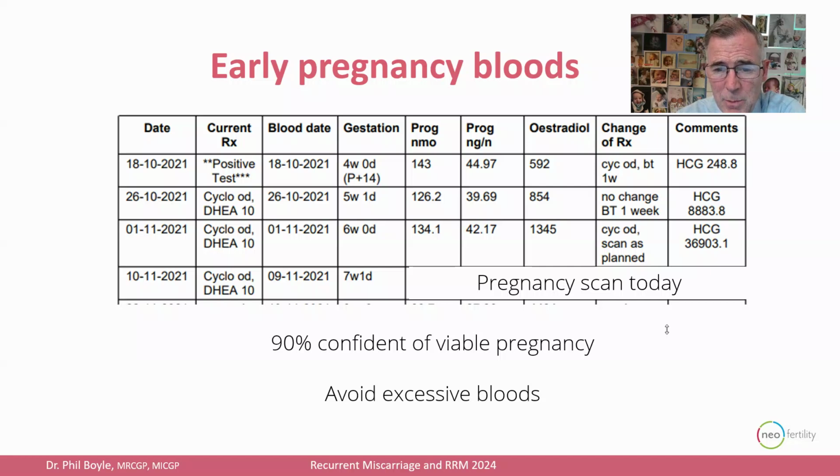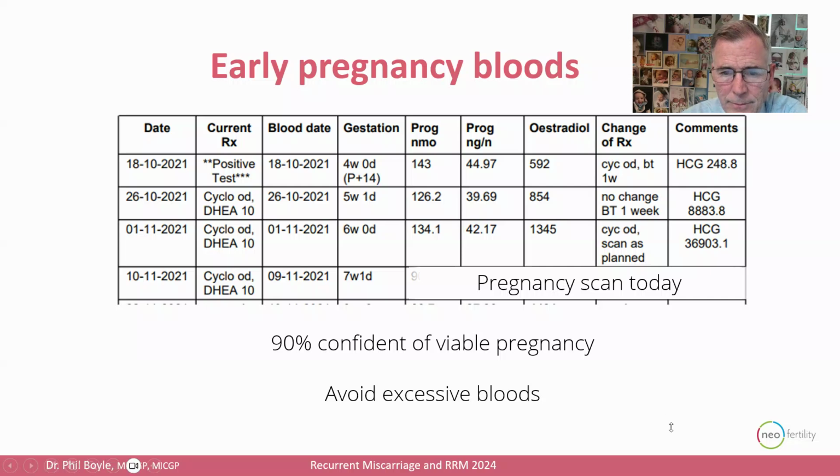So on the basis of these blood test results, with 5 previous losses, I'm not 50-50 with her. I'm 90% confident. And I'd say, well, leave your scan to 7 odd weeks. I prefer 7 weeks, 3 days. I can live with 7 weeks, 1 day, fine. So she came to us that day and I said, already I'm 90% confident. Just do your bloods weekly. Don't do the bloods more frequently than that, because if you do them too soon, it's not going to tell you much. And these 3 bloods, that's the perfect balance of what to recommend.